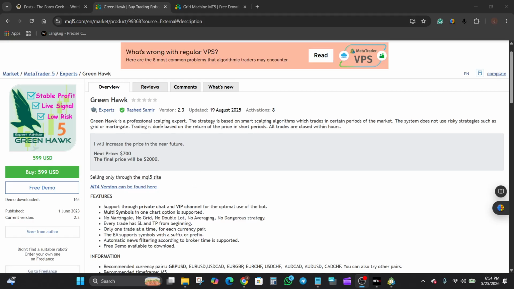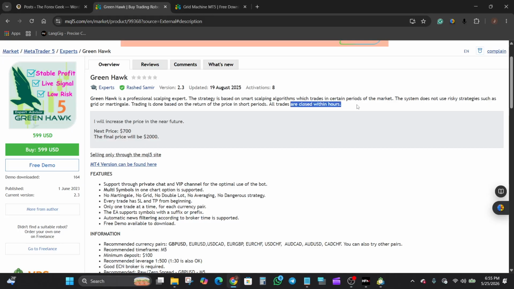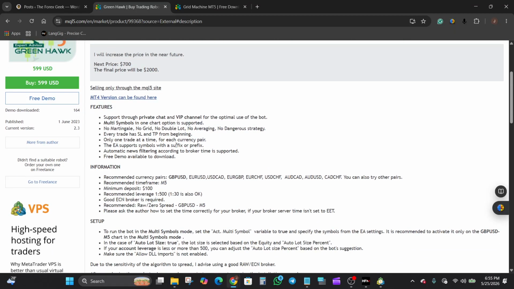All right. So in addition to this MT5 version that we are reviewing right now, there is also an MT4 version. Scrolling through the description, GreenHawk is presented as a professional scalping expert advisor. It uses a smart scalping approach aiming to take short-term price movements, and it mentions that all trades are typically closed within a few hours. All right. One important point highlighted here is risk structure. The EA is designed without martingale,